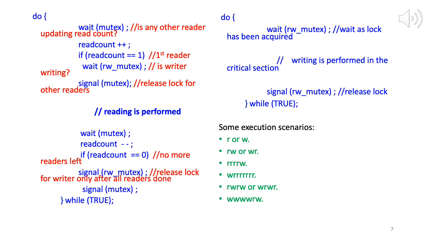So here we have both the reader and writer process side by side, and then we have written some scenarios which define the order in which the processes can arrive. Because the order is totally dynamic, we don't know. We may have no process, we may have only one reader, we may have only one writer, we may have readers coming in a chain, writers coming in a chain, and we can have any kind of combination.